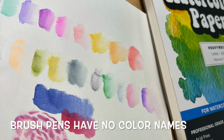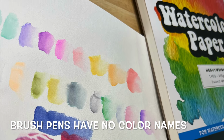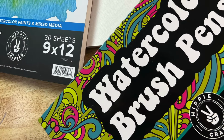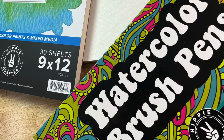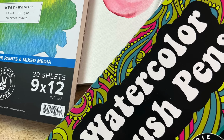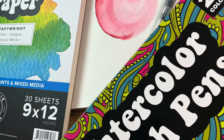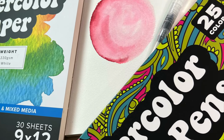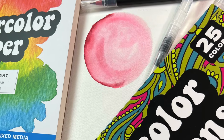You can try it. Maybe you would have better luck with it than I did, but I think for a wood pulp paper, you'd be better off using something like a Canson or a Strathmore. I think you'd be happier with that. The sizing on this one just seems to be a little bit off. If you want to use these brush pen markers with some cotton watercolor paper that you already know and trust its performance, that might be something to think about if it's just kind of a new little medium that you want to try. But I would say with the Hippie Crafter products that I have shown you today, proceed with caution, know what you're getting into,